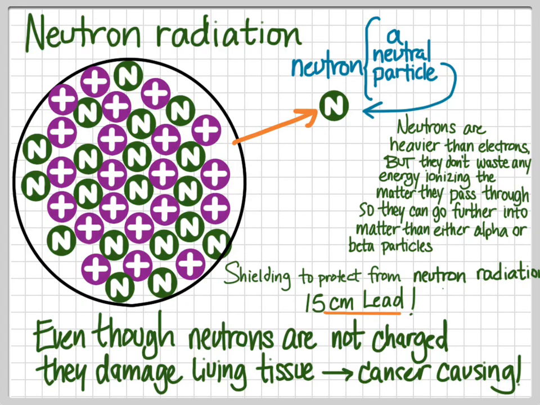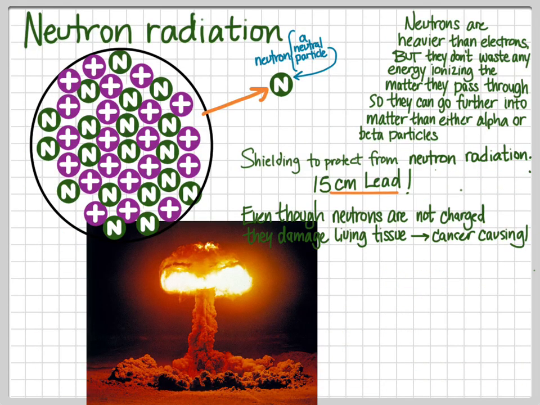Where do you get exposed to neutron radiation? This is the kind of radiation that survivors of atomic bomb blasts were exposed to. So the people who survived the atomic bombs dropped on Hiroshima and Nagasaki are people who were studied for their exposure to neutron radiation. It's not a kind that you're going to commonly be exposed to on Earth, but it's